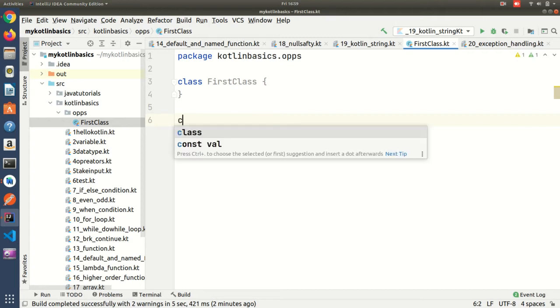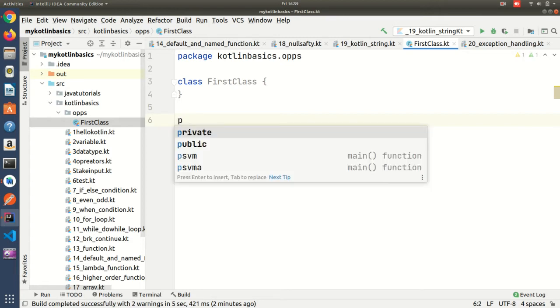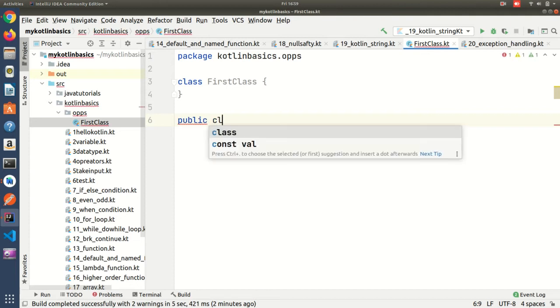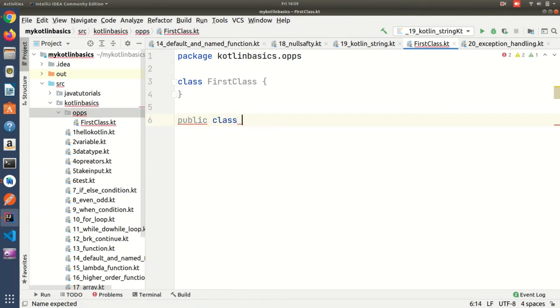Suppose I am going to create one more class, so here I need to use the modifier public, then class, then any name, and then you need to open parenthesis. Like that we can create a class. In this tutorial on OOPS there are multiple things to discuss. First I am going to discuss class and object. First, the object.